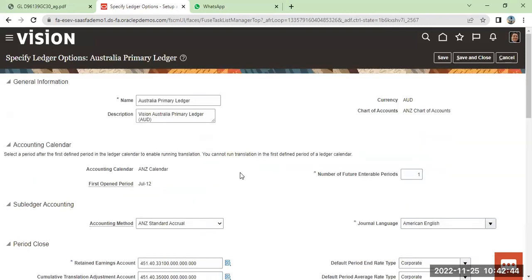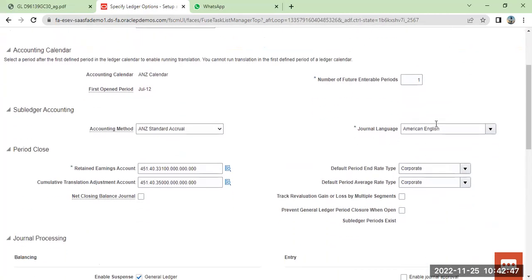So for journal language, we can choose American English. So these are the accounts we have to initiate, like which account for period closing, the retained earnings account. So the chart of accounts. So we have to define it for the retained earnings account also. The journal which have been retained for this revenue is the debit and credit. So this retained earnings account is nothing but the revenue